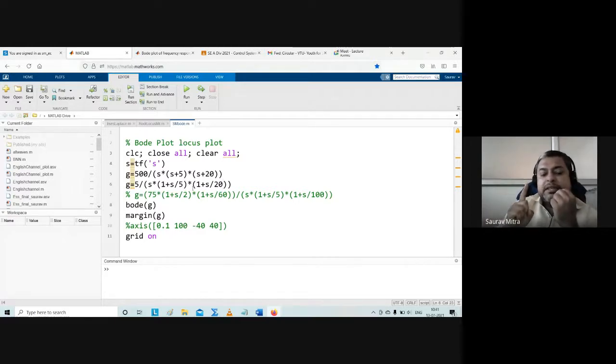First is what is omega GC, then what is omega PC, then how much is the phase at gain crossover frequency, and how much is the phase margin, and how much is the gain at phase crossover frequency. What is the gain margin? What is the phase margin? You will find them from omega GC and omega PC. So the first point is omega GC. Second point is omega PC. Third point is the phase at omega GC and the phase margin. Fourth thing is the gain at omega PC. What is the gain margin?